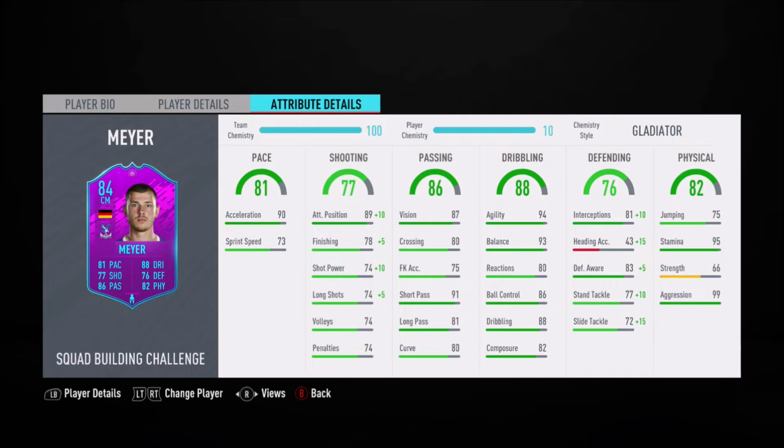Squad Builder Challenge. But overall guys, I'll try to sound enthusiastic as much as I can in this review, because the reason why I chose Meyer, just previous to the footage, is that one of the things that really did stand out was that 99 aggression. Everything else, it looks like he started well in terms of passing and dribbling, defending as well. Pace, that acceleration is great at 93, but the sprint speed,